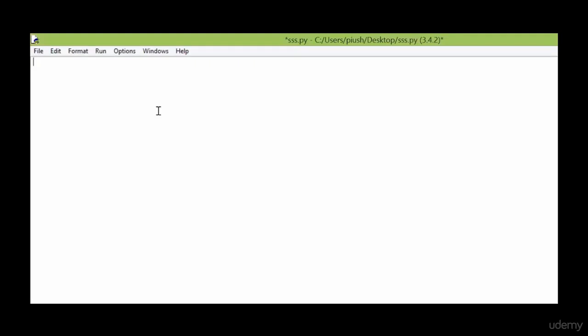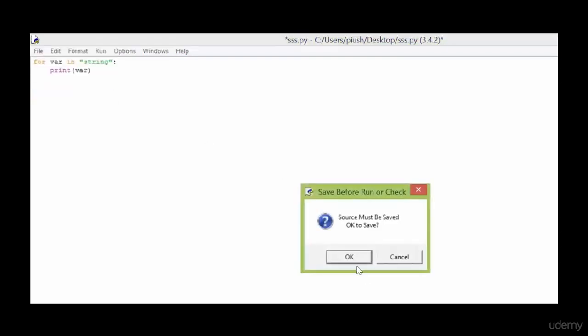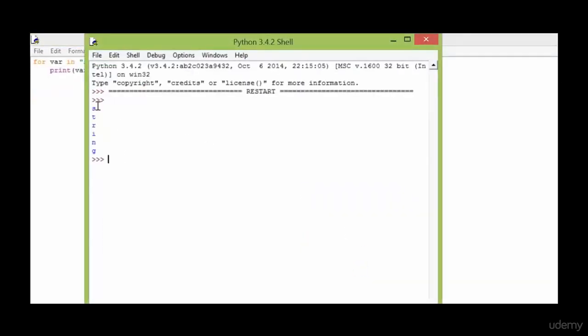Now let us understand through a simple example. Here I again open a Python shell and I am again using a for loop to understand a continue statement. Here again string is a character. I am again initially printing the simple for loop. Here we get the result from S to Z, which is a simple for loop result.